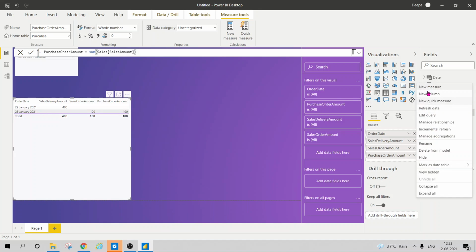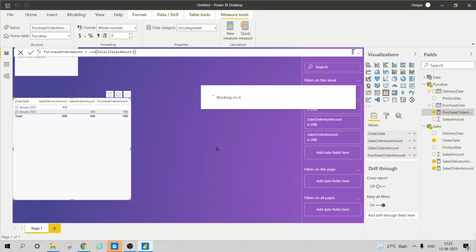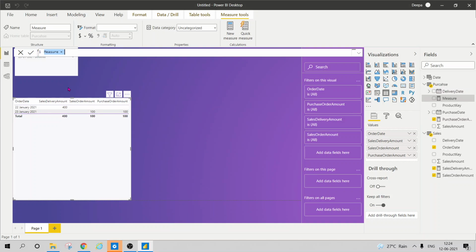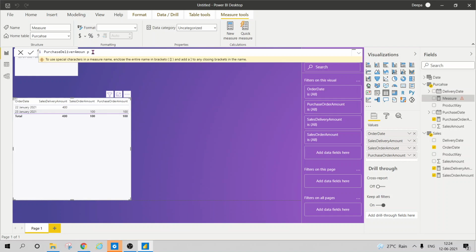And again, I should be checking the purchase delivered amount. I'm really sorry for going fast. So here you should use CALCULATE.